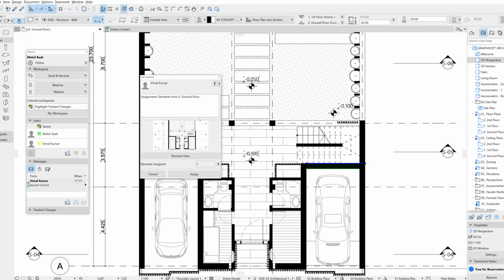And the thing that I need help from him is to place the door, because he has the knowledge of what type of door will be placed for the garage. So I will say, please assist in placing the required door.